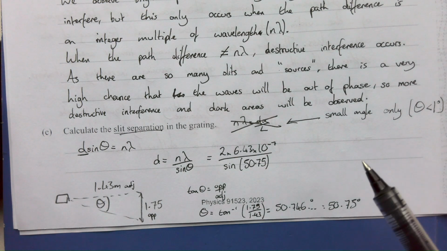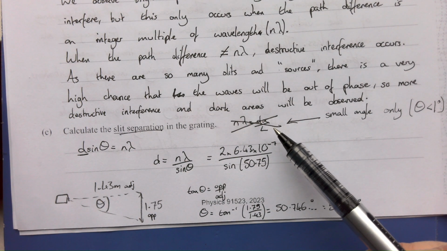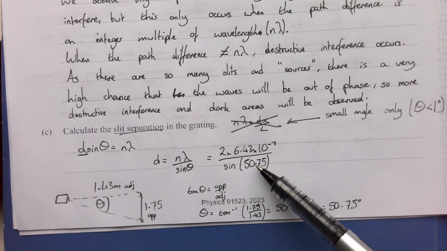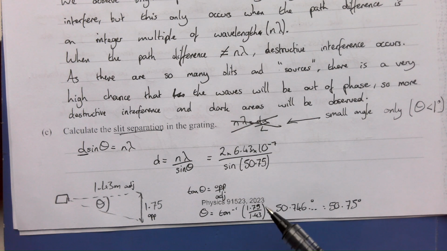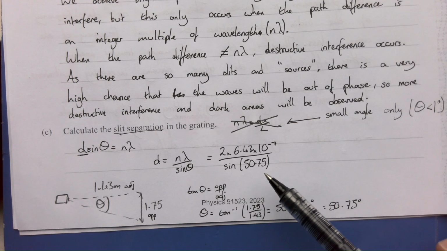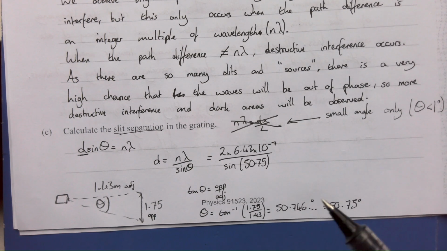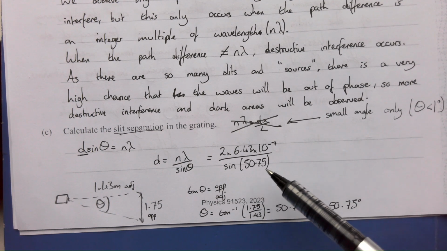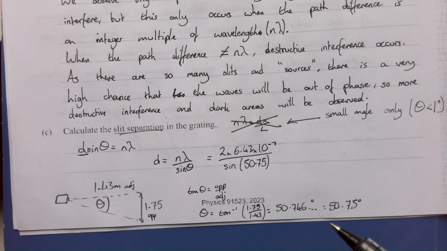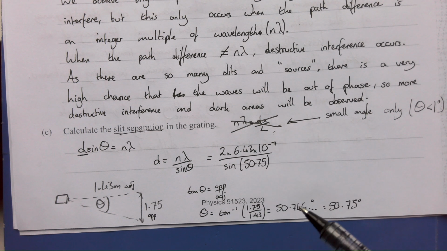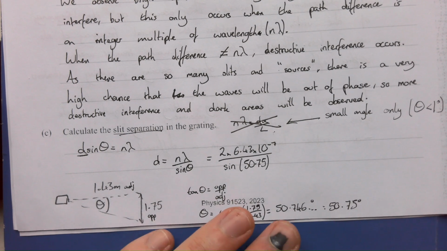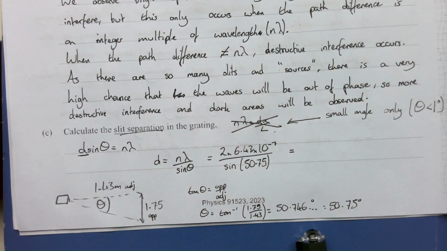Now the small angle one only works if this value of theta is very small, because then we can say that sine of 1 degree is about the same as tan of 1 degree. Therefore, it is about opposite over adjacent. Because this is a significantly bigger angle than is required for that approximation, we have to use tan then sine. If you used the other equation, this one here, and got an answer of like 1.0 something, you still get merit. If you do it this way, the long way, the complete way, you give yourself an answer of